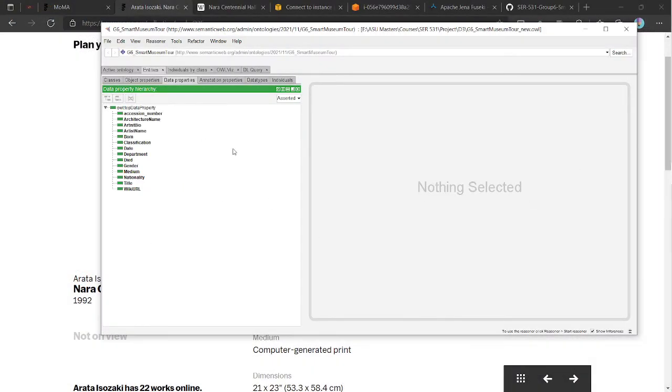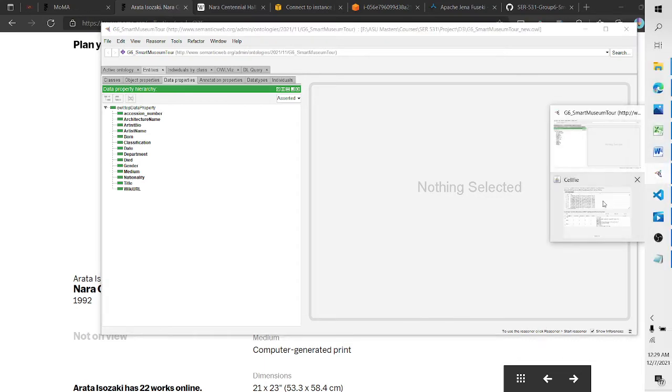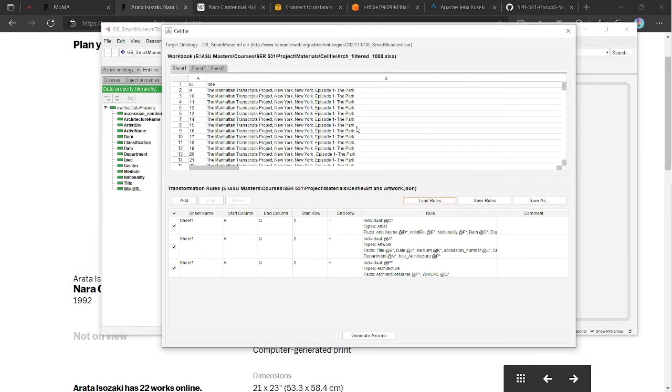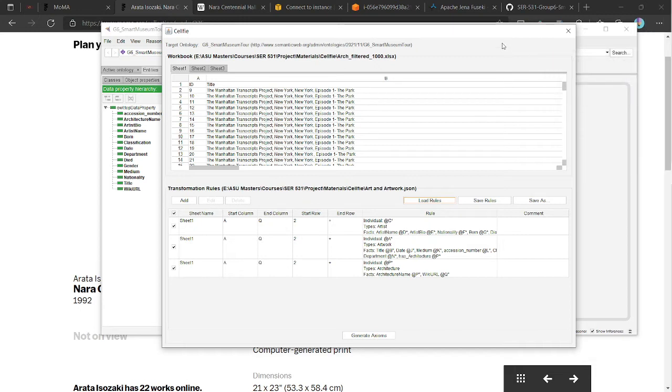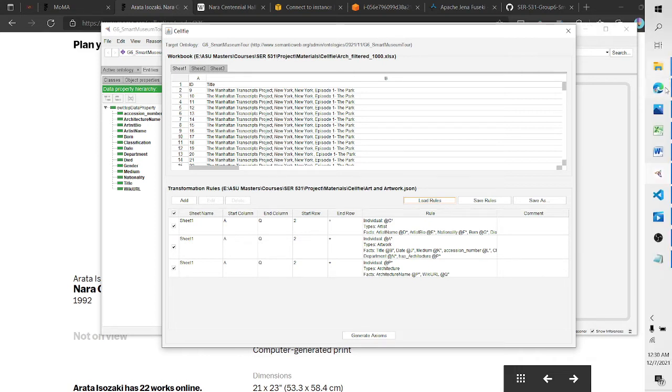We created this ontology using Protege and used the Cellfie plugin to load instances from the MoMA dataset into the ontology. Thus, we created an OWL file with around 16,000 triples in it using the MoMA dataset. The MoMA dataset actually had around 1 lakh data rows in it. So we scaled it down to only the architecture data from the MoMA dataset, which our original problem concerns.